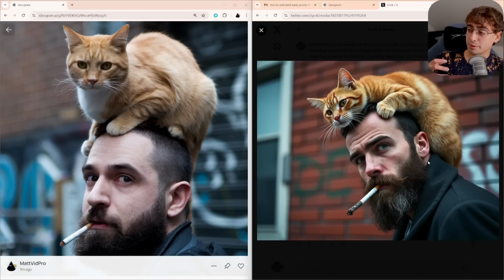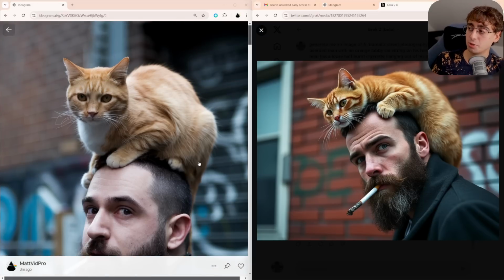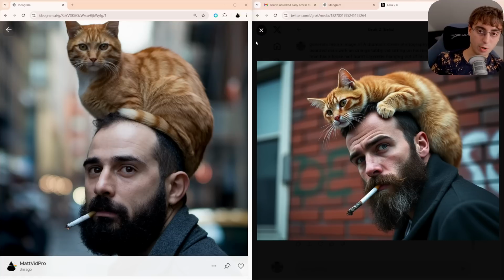It looks like something that was made with AI in that sense. I mean, it's still difficult to tell, don't get me wrong, but this one has a lot more natural tones and colors, and I think that's due to the realistic preset inside of Ideogram. And to be fair, it's also something that can be seen in the other Ideogram images as well, not just that first one.